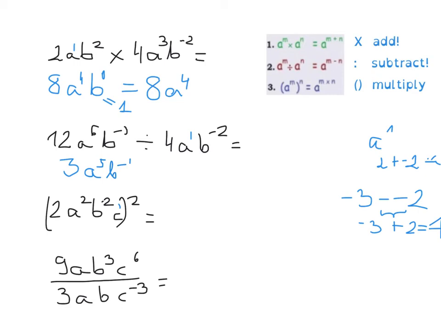Okay, so we can just write down that sum as 2a squared b to the power of minus 2, c to the power of 1, multiplied by 2a to the power of 2, b to the power of minus 2, c to the power of 1,